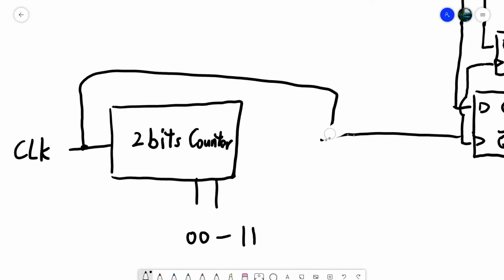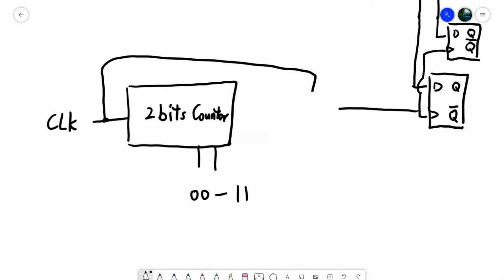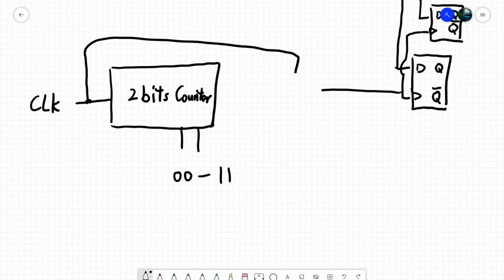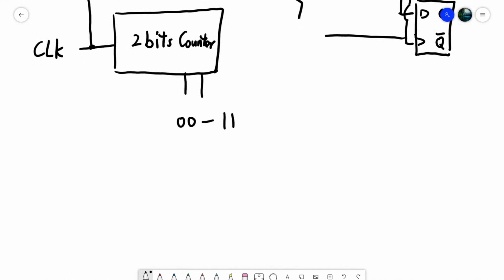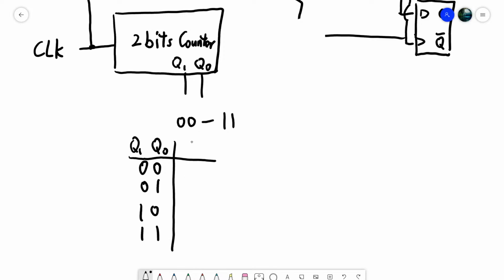And this one is going to require an AND gate. And we draw out the truth table for 0, 0, 0, 1, 1, 0, and 1. So Q1, Q0. And the output F here, we're going to